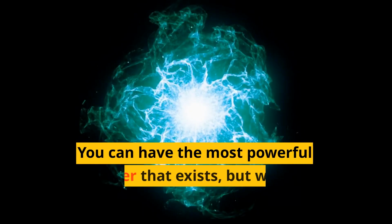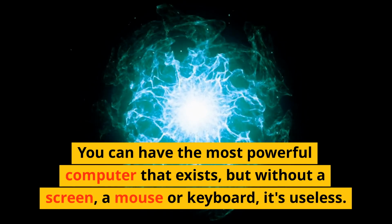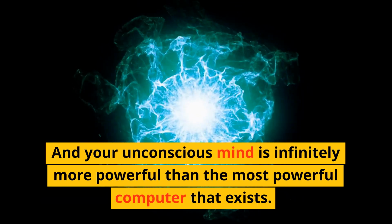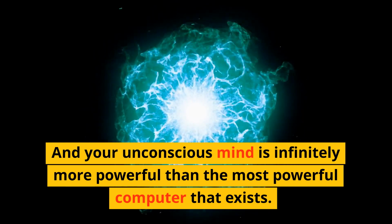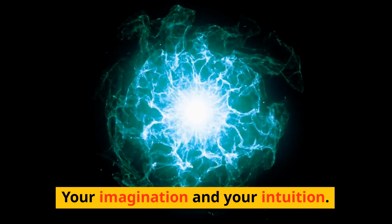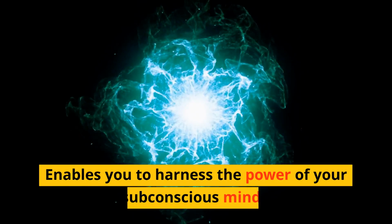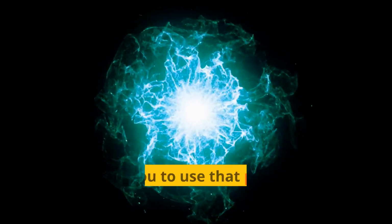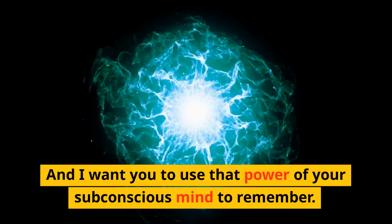You can have the most powerful computer that exists, but without a screen, a mouse, a keyboard, it's useless. And your unconscious mind is infinitely more powerful than the most powerful computer that exists. But your imagination and your intuition enables you to harness the power of your subconscious mind. And I want you to use that power of your subconscious mind to remember